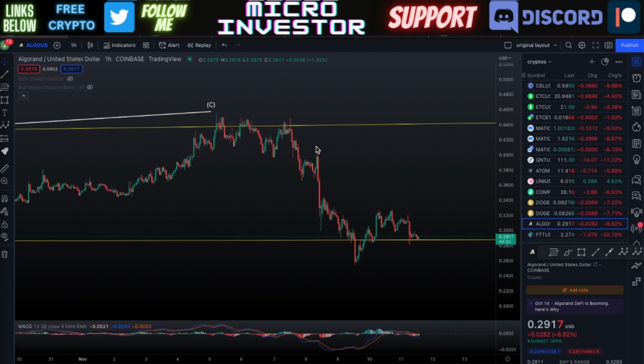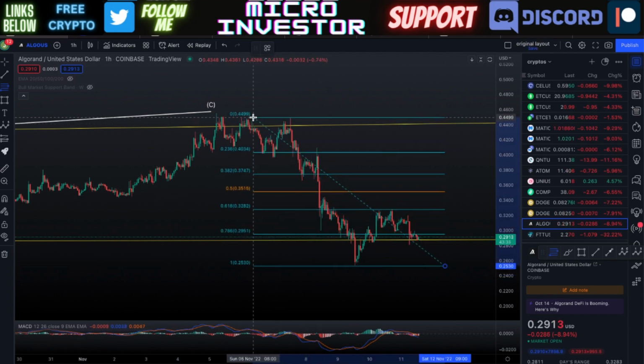So now what we have going on is we have seen this drop from this bottom trend line here, because this is where we were consolidating. You can see that there was an extra longer candlestick that had sent the price of Algorand down at that time. So what we're within now is seeing the price correct at this moment. And the thing here is we need to really look at the first Fibonacci retracement, because that's always important to do, especially with trying to figure out the next price movements.